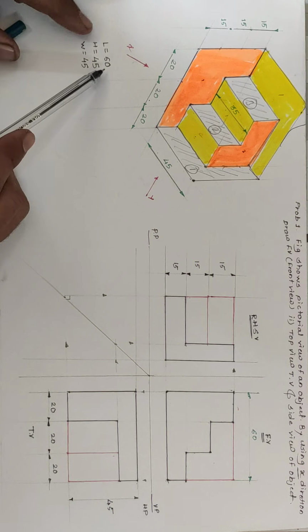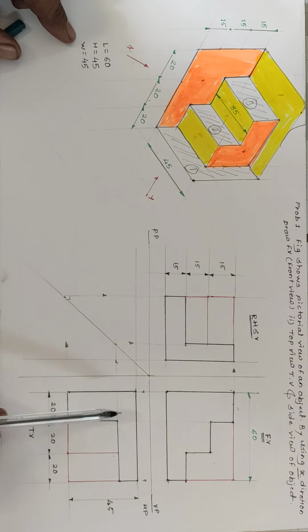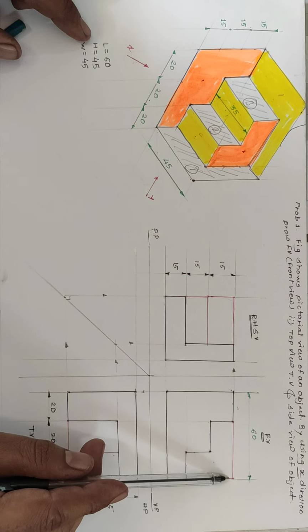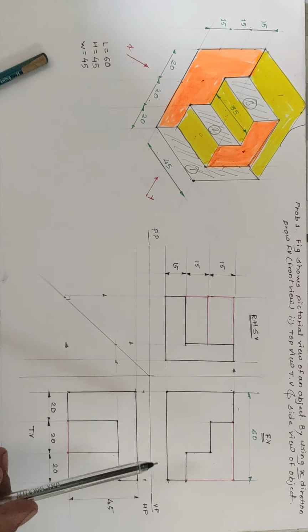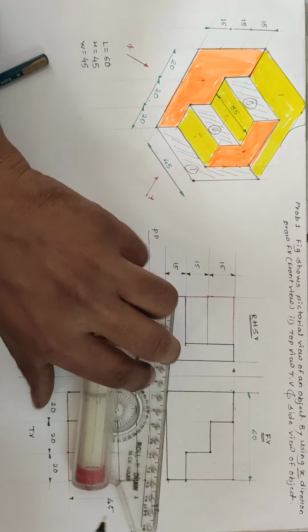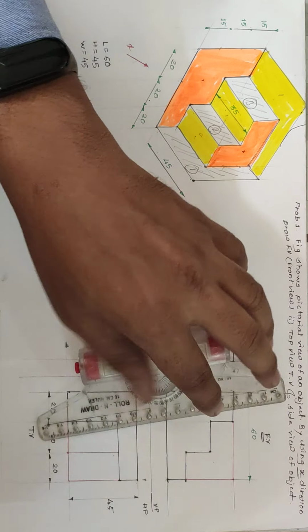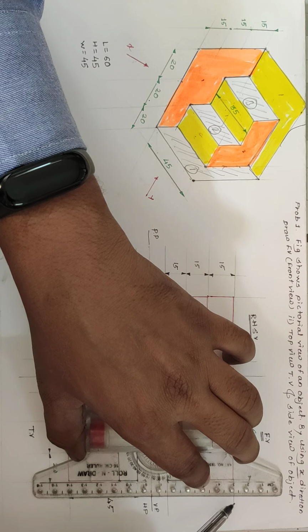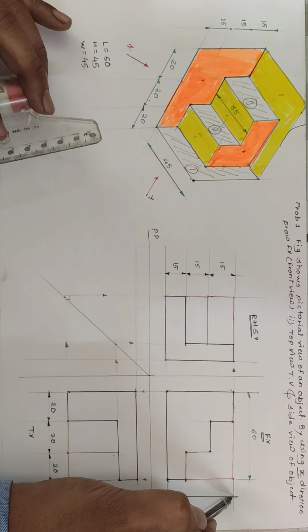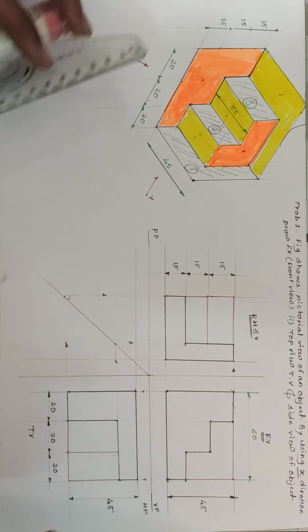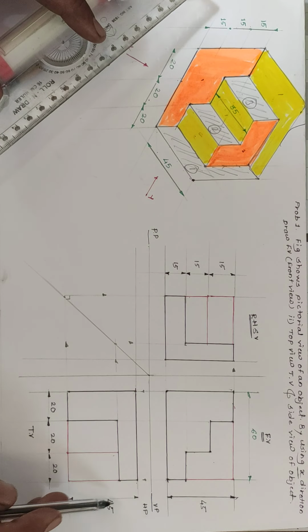So initially we require to calculate the length, height and width. So all these 3 parameters in front view, we can use the length of object and total height of object. Also mention height of object here. The faint projection lines, total height of object we can take is 45 mm, and total width it is also 45 mm.